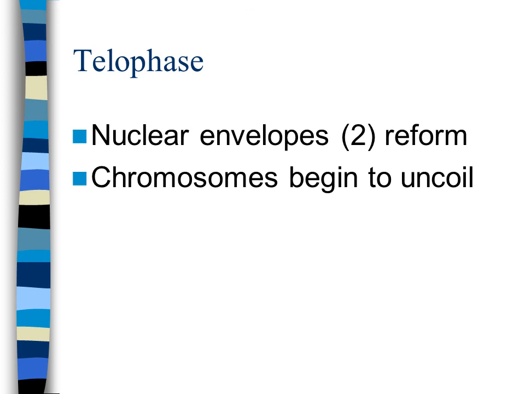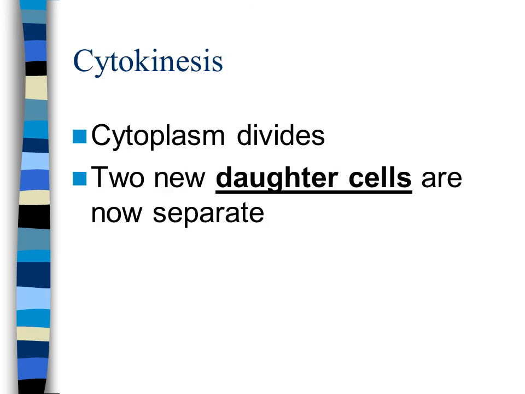And then in telophase, the nuclear envelope starts to reform. You'll start seeing a newly divided cell with 2 nuclei, and chromosomes start to uncoil again. So now they're not going to be visible again once telophase occurs. And finally, cytokinesis. This is where the cytoplasm itself divides. So when we talk about prophase, metaphase, anaphase, and telophase, we're talking about the nuclear